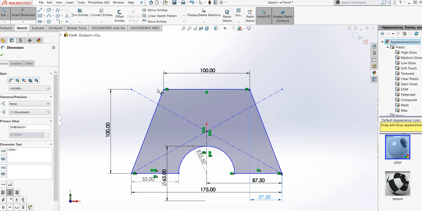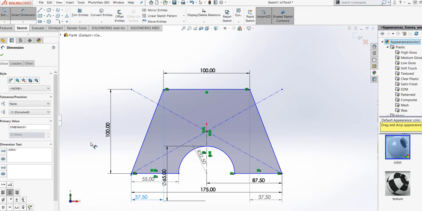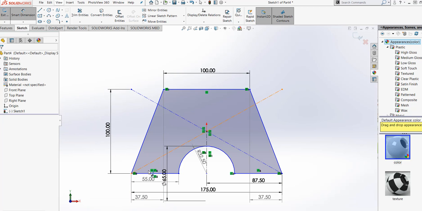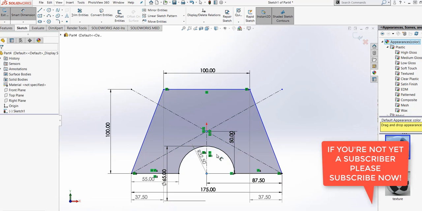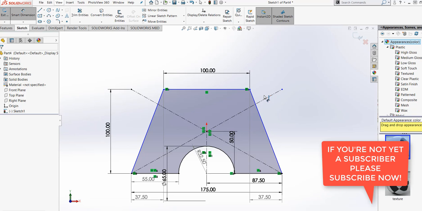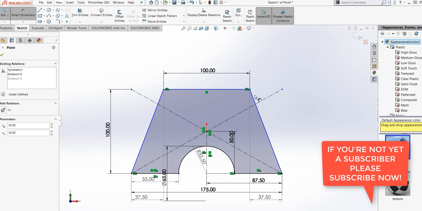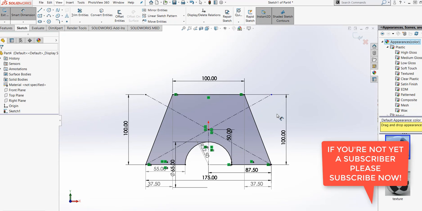Like that. Also here, from here to here. It's 50. Okay. From here to here, it's 100. Click OK.